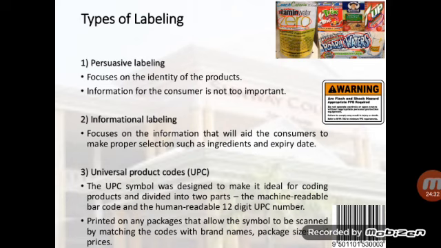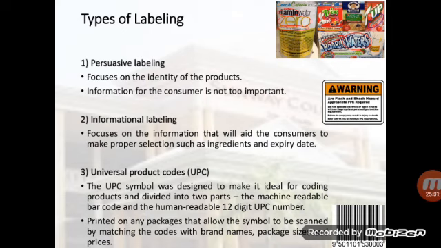So we have already looked at functions of labeling. Now let's move into types of labeling. If you look at types of labeling, we're going to look at persuasive labeling, informational labeling, and universal product codes. Persuasive labeling focuses on the identification of the product, and it gives